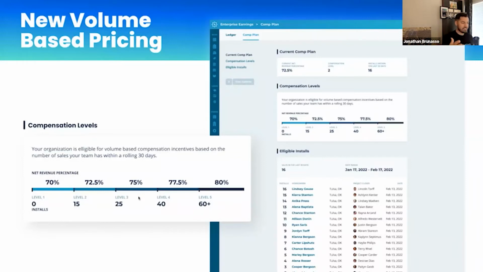Now I'm just going to give an example real quickly. I don't like using the 10 grand margin for an example. I like using like a 7 grand margin. So what is 5% of 7 grand? $350. Now, what if 20 of those jobs make it to install and I get that extra 5%? Well, that's $7,000. So you're talking about some real bucks, ladies and gentlemen.